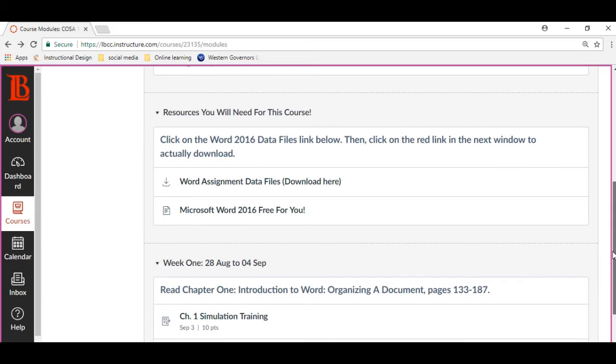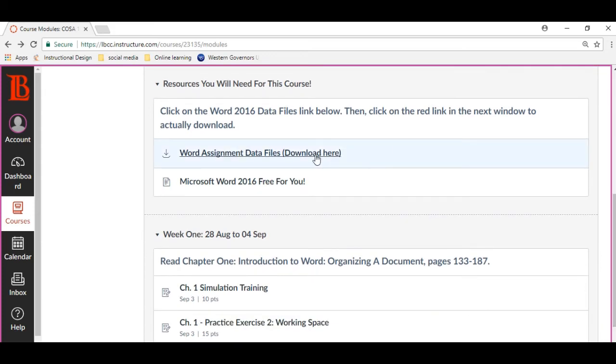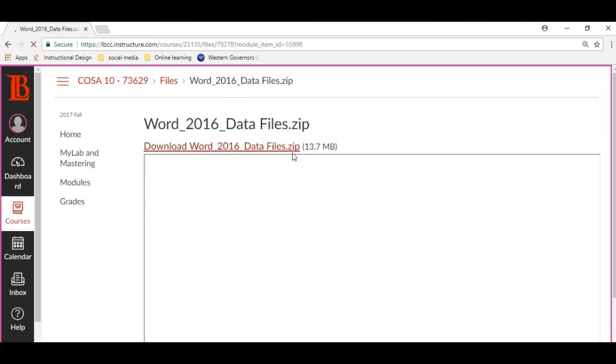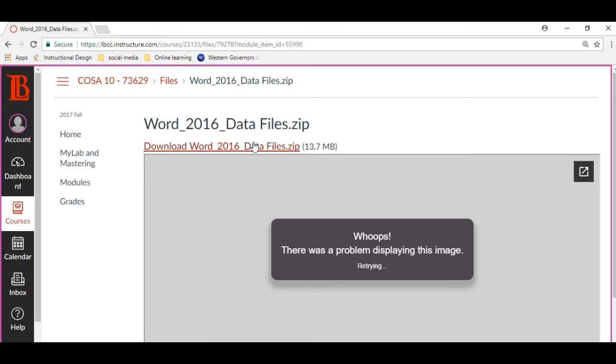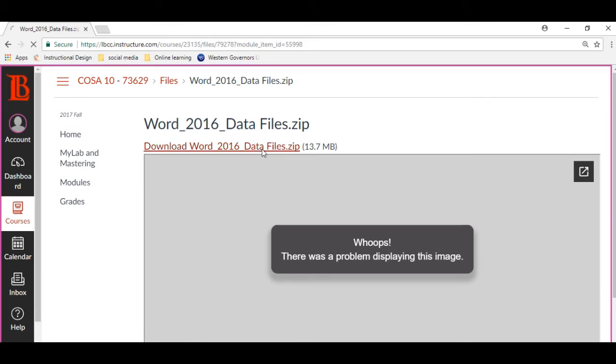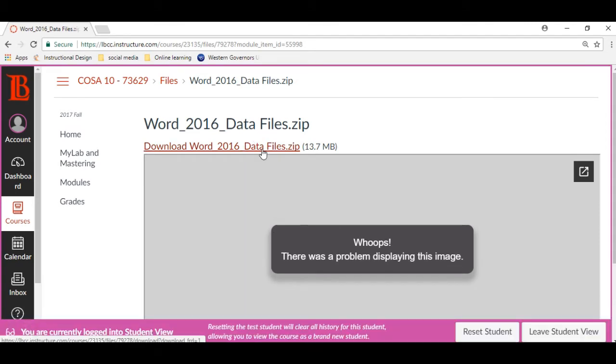Okay. Next, we look at resources you will need for this course. So there are data files. Data files are those things that the textbook asks you to open to work on, for example, an assignment. It'll say open up chapter 1 data file, and so on, right? If you click on this data file link here, you're going to see a zip image here. It's not even an image, it's a link. If you click on the link, guys and gals, at the bottom left of your screen, you'll see a yellow folder that's going to pop up. You're going to take that yellow folder,